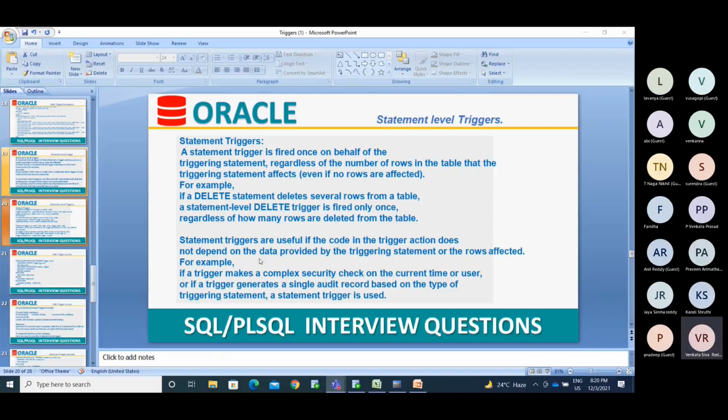So the employee joining operations need to happen between 5:30 and 9:30. In that case, I can use a statement level trigger. Before inserting the data into the employee table, I can capture the time using the sys timestamp. I can extract it using the extract function, which captures the time from the date.